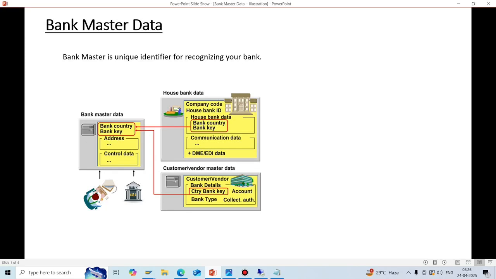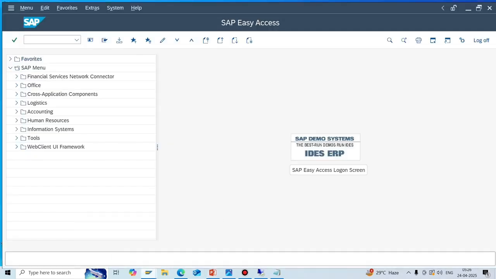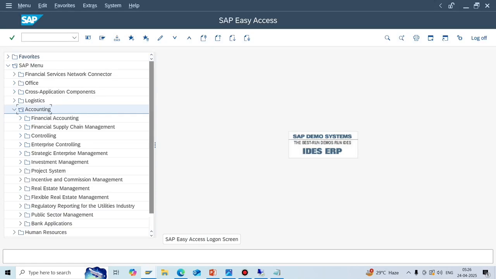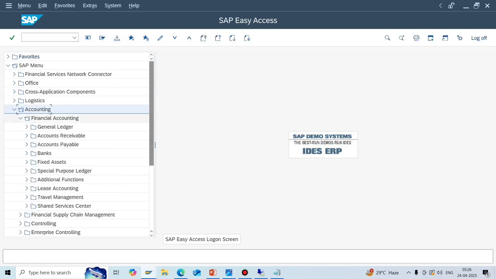I will show you how to create that bank key in SAP through the GUI as well as through Fiori apps. So let's first log into the SAP system. If we go through this path: accounting, financial accounting, banks,